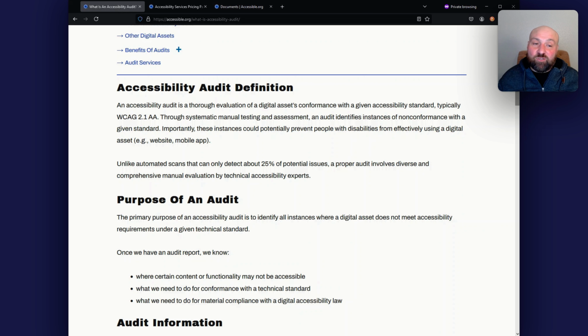Importantly, these instances could potentially prevent people with disabilities from effectively using a digital asset. So that's really the whole point here. Just drawing back and looking at the big picture, why are we even doing this? Well, there are compliance reasons, but underlying compliance is